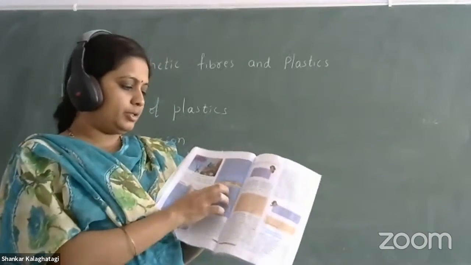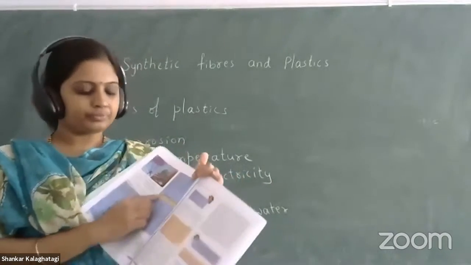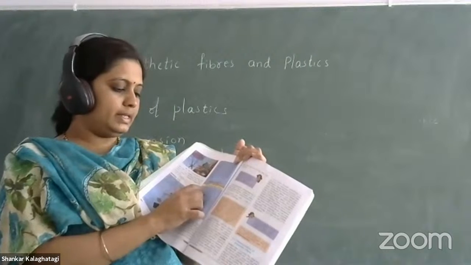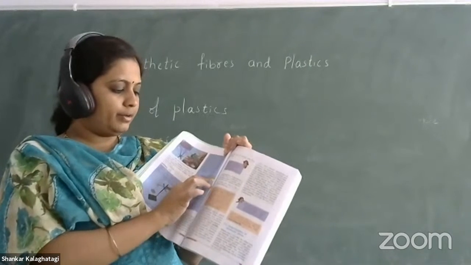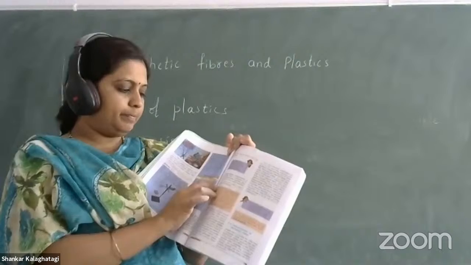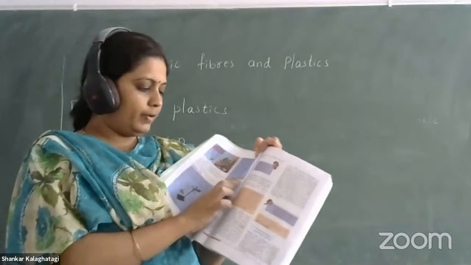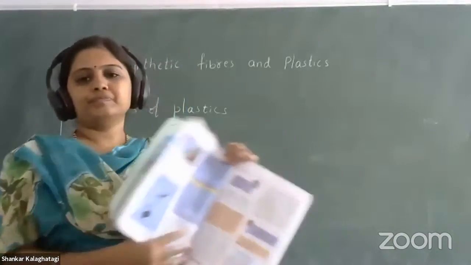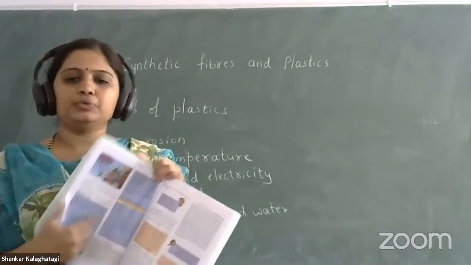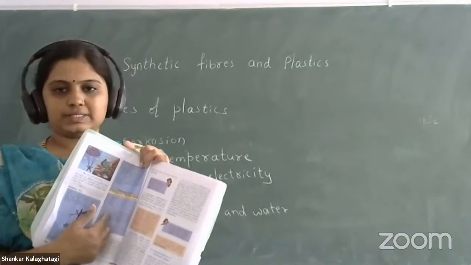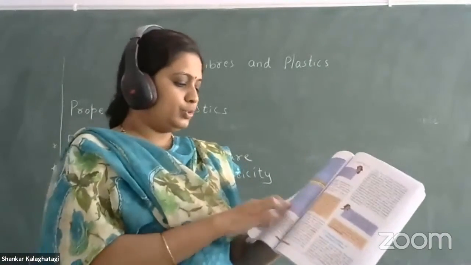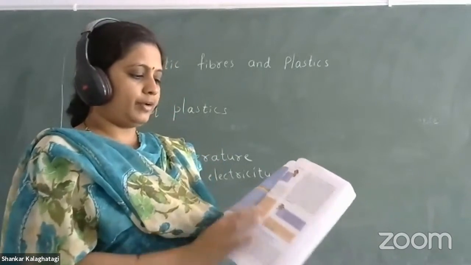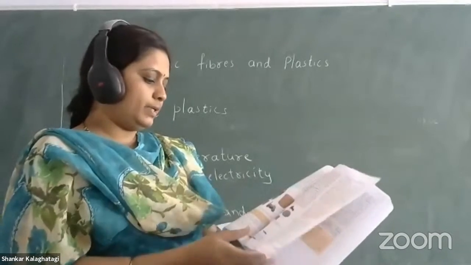The next one, you come to the table 3.2. Type of thread or fiber: cotton, wool, silk, nylon. Total weight required to break the thread. So I'm giving just homework. You try it today and tomorrow I'll discuss. So you just read this and find the answer of this. The next one is